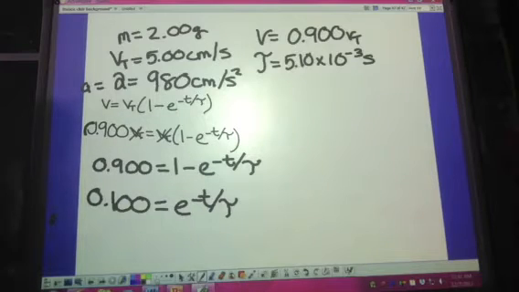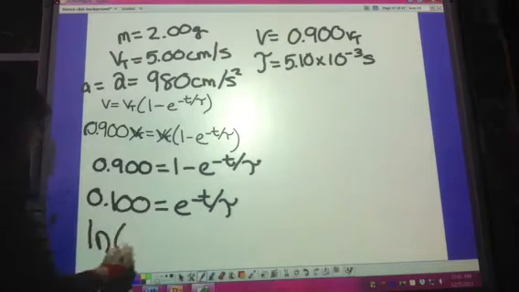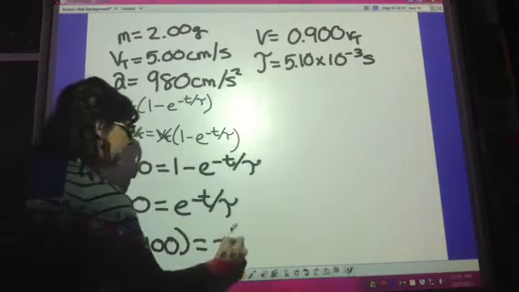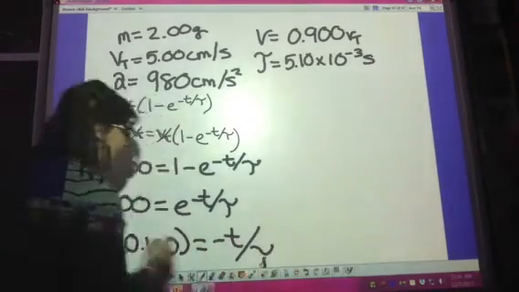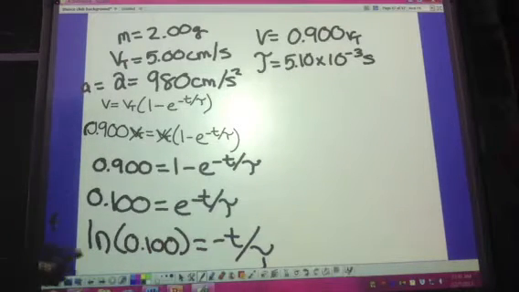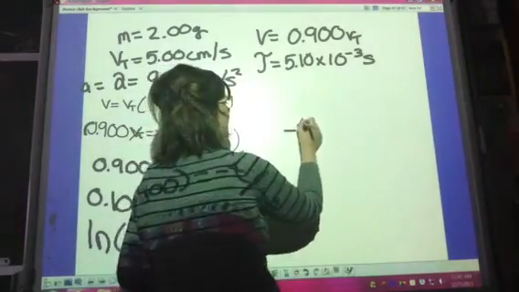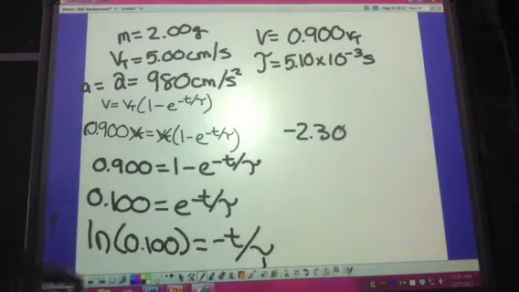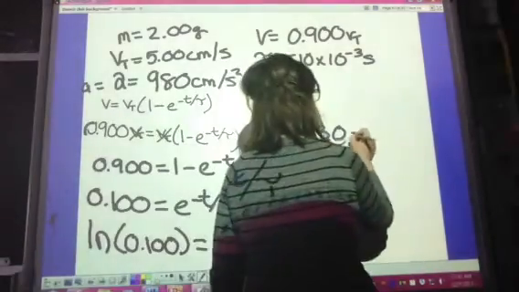Okay, so I know that natural log of e is 1. So if I take the natural log of both sides, that would help me simplify. Natural log of 0.100 is going to be equal to negative t over tau. If I take the natural log of 0.100, we get a negative 2.30, and that's equal to a negative